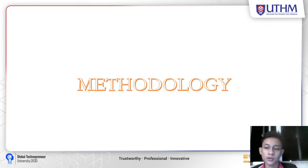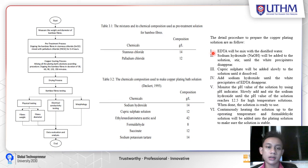And how am I going to conduct this experimental study? Here is the flowchart of the whole process during the experiment. The first step is to measure the weight and diameter of the bamboo fiber before the pre-treatment and the dipping process. During the pre-treatment process, we dip the bamboo fiber in stannous chloride and palladium chloride for 3 to 4 hours, and then we soak the bamboo fiber into the copper plating bath